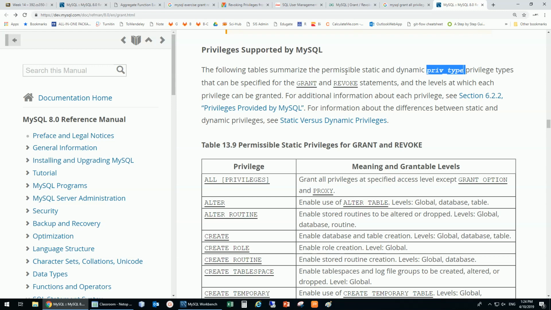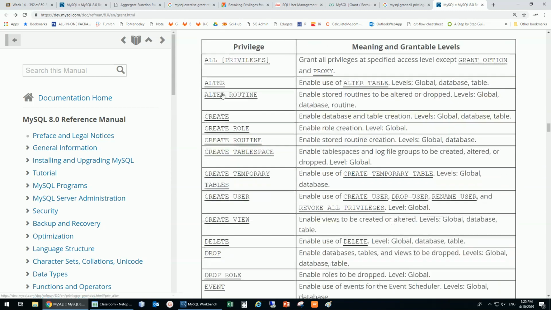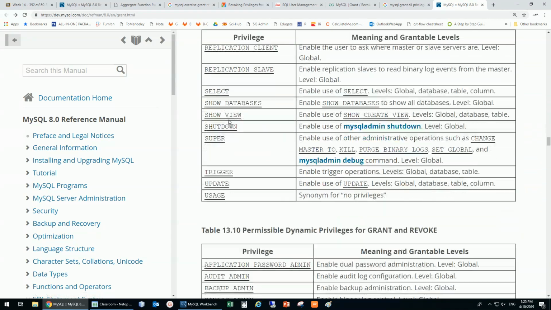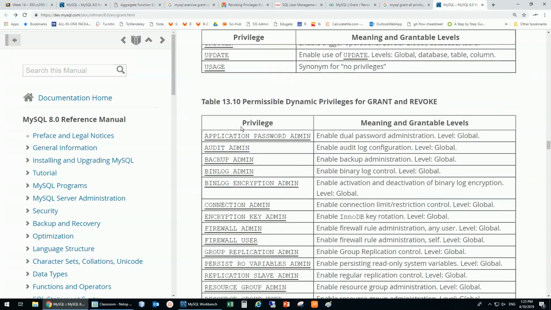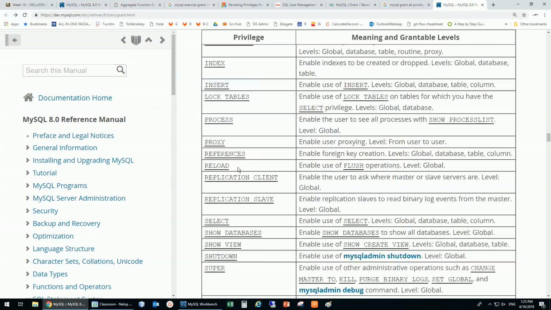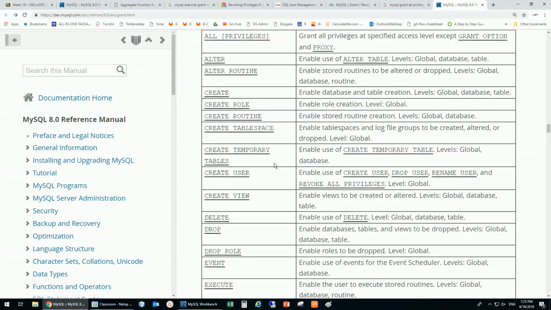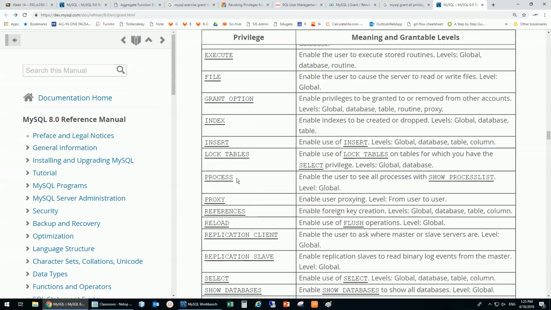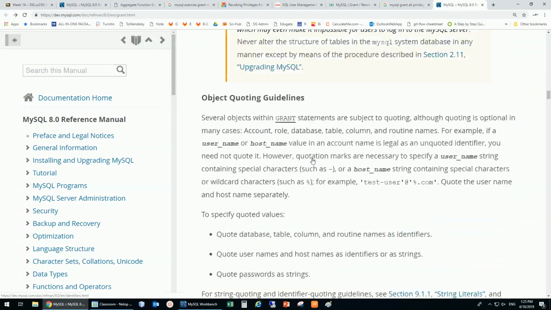The following table summarizes the permissible static and dynamic privilege types that can be used for grant and revoke. So all of these are the privilege types. There's a lot of them. I don't want to talk about these, but all of these are privilege types. But what we're interested in is this select. Basically, I can put a lot of them next to each other